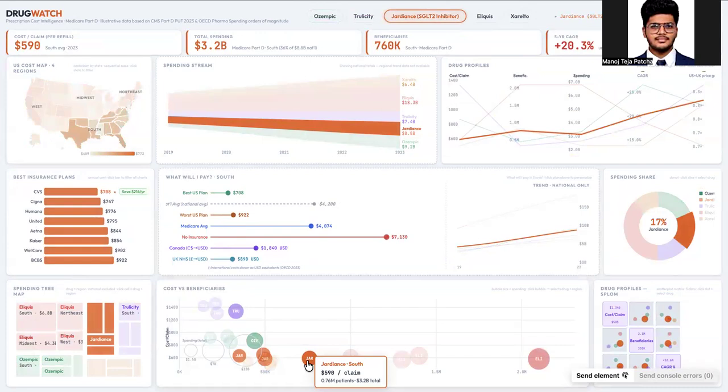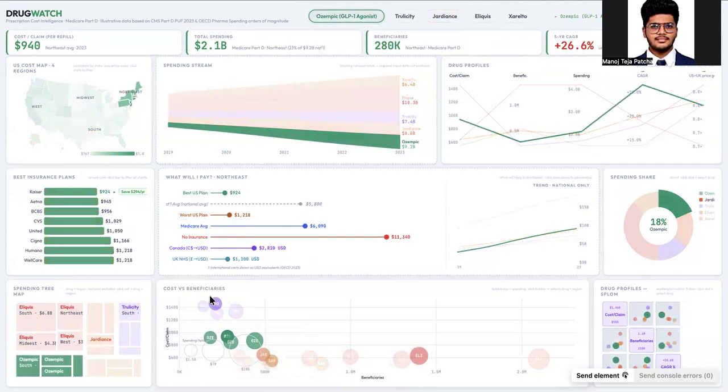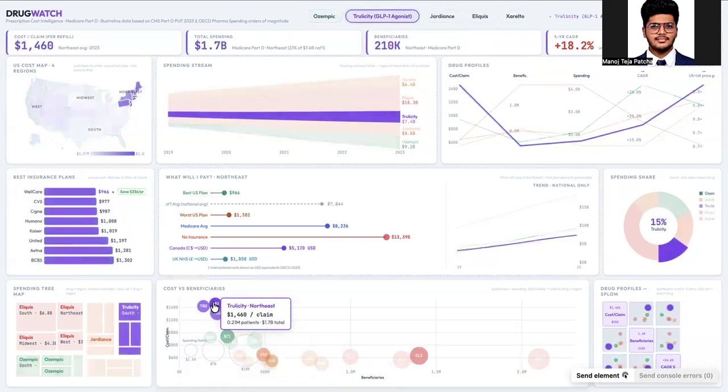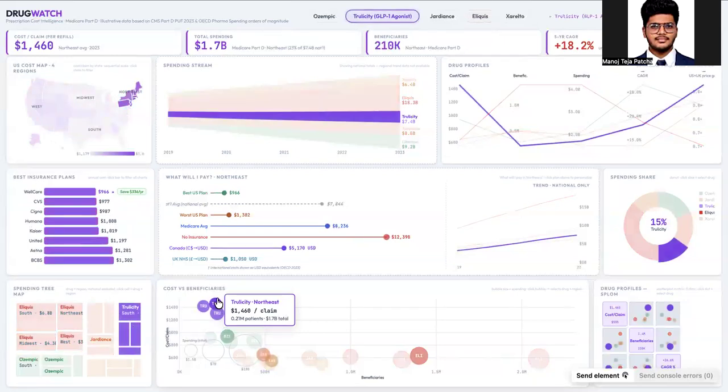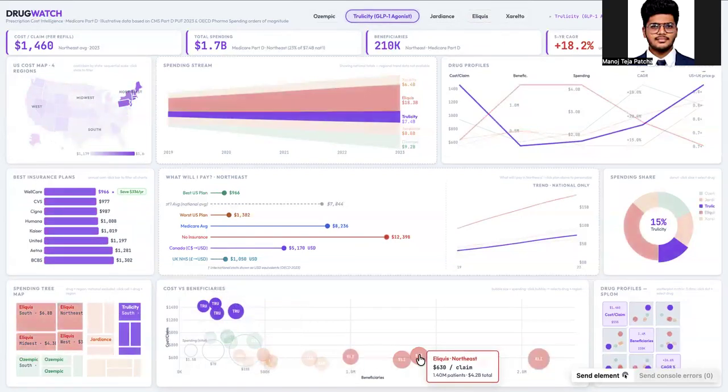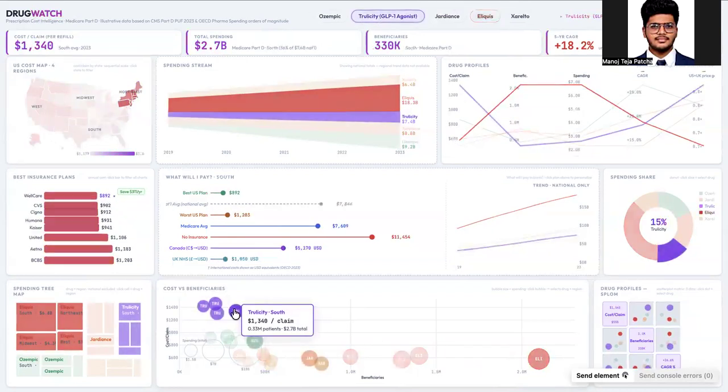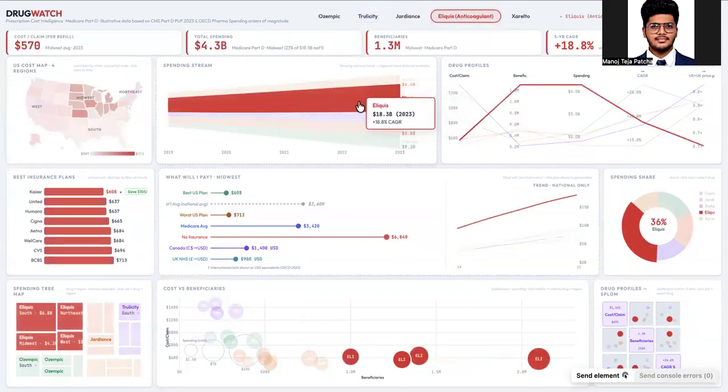And like Eliquis, Ozempic, Trulicity appear more frequently. Oh, these are both costly, man. Trulicity is costly. Eliquis, that's fine. Eliquis has a much higher usage, so you can see even the graph magnitude has increased. The spending has also increased, and the percentage of spending is higher by comparison. Oh, they should really reduce the cost. And coming to the